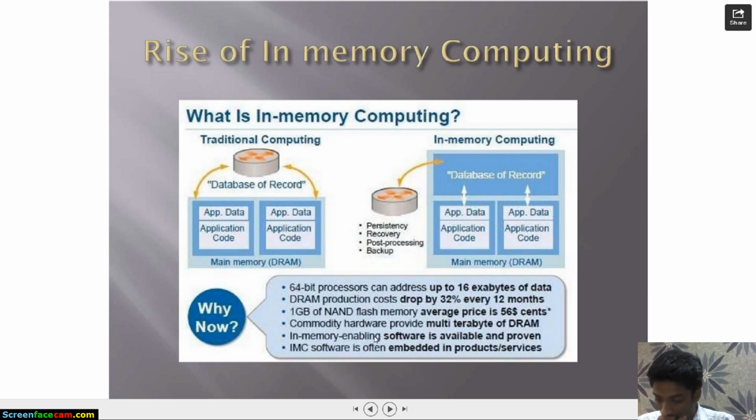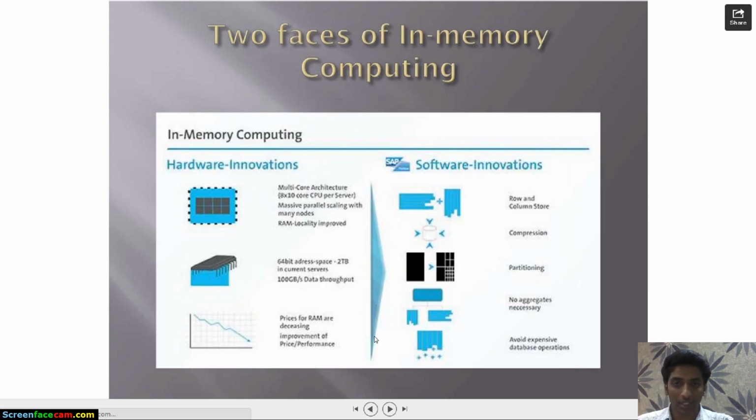So we would also like to see the two phases of in-memory computing. Coming to the two phases of in-memory computing, we have hardware innovations and we have software innovations. In the hardware innovations, the latest